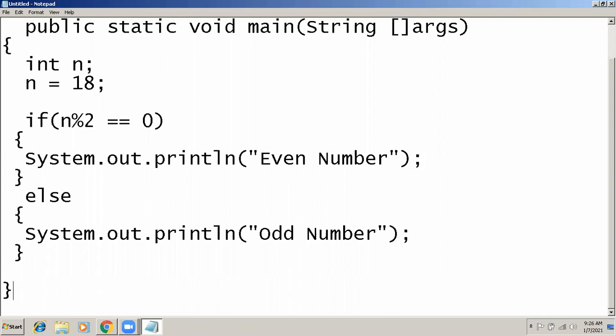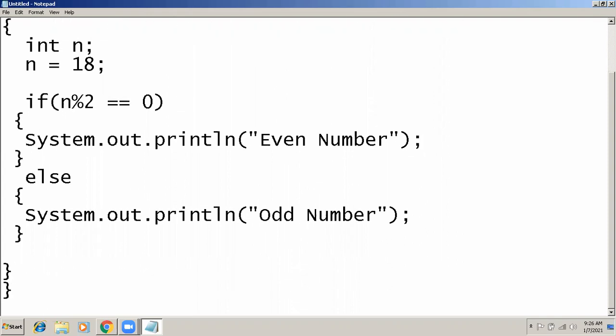Now there will be two more closing braces, one for the main function and one for the class. Now save this file.